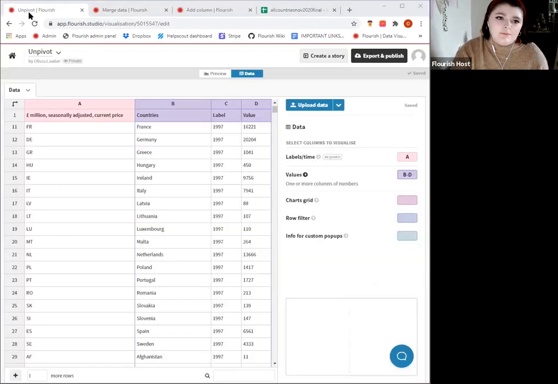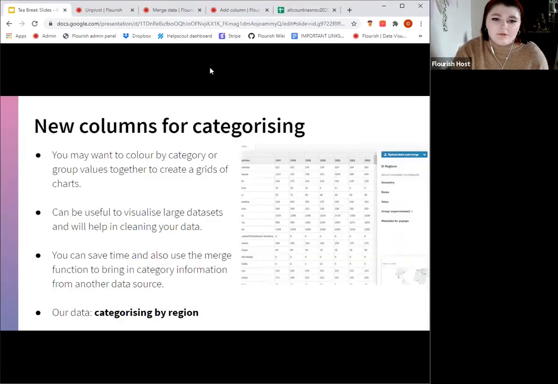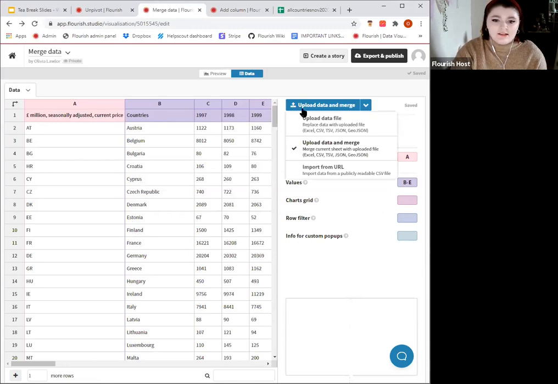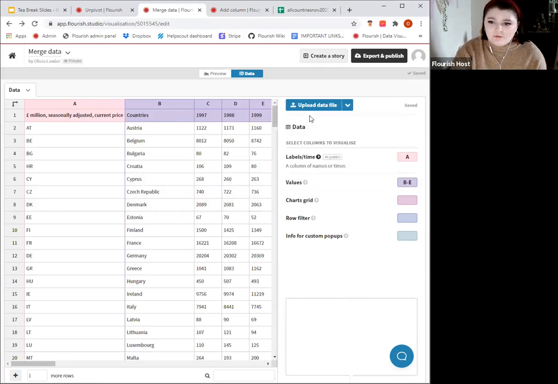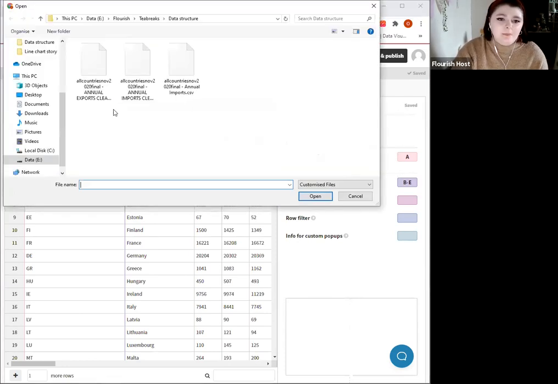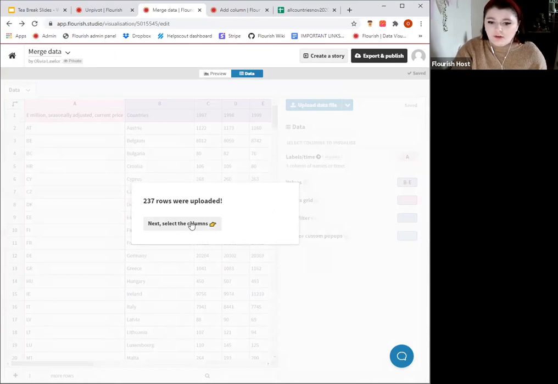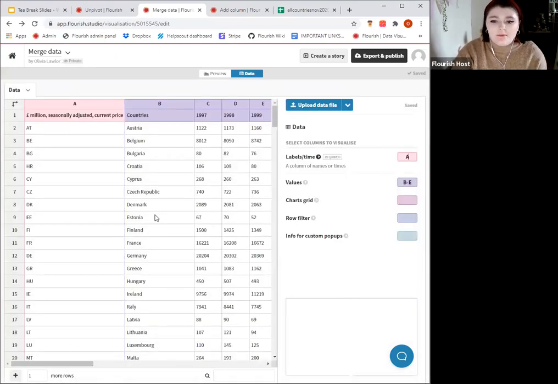The little zoom bar came down and I found it hard to see. So, merge data. Here I'm just going to upload my data as I would. This is example data, so I'm going to upload my data file and include the annual export. I cleaned this beforehand. I'll just show you how the original data looked in a moment. It wasn't much different to this. I just pretty much cut out some blank space.